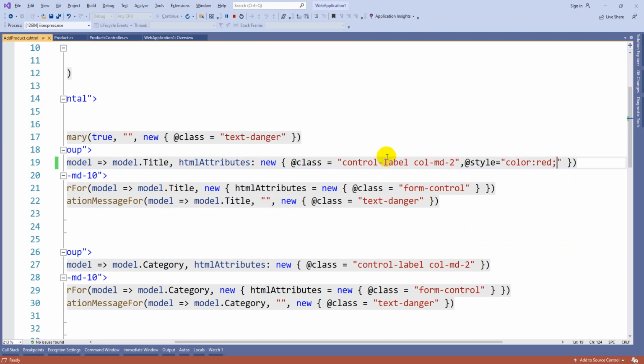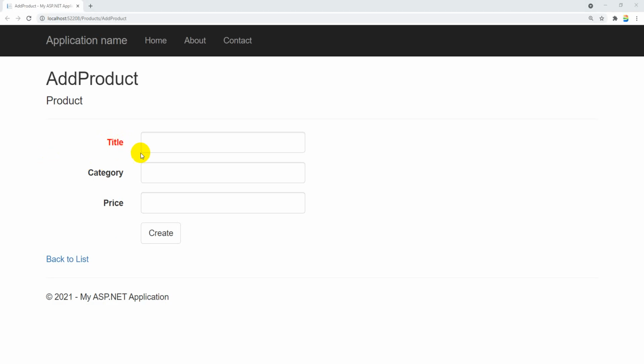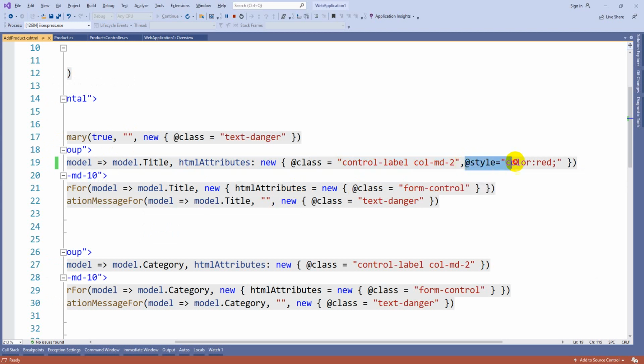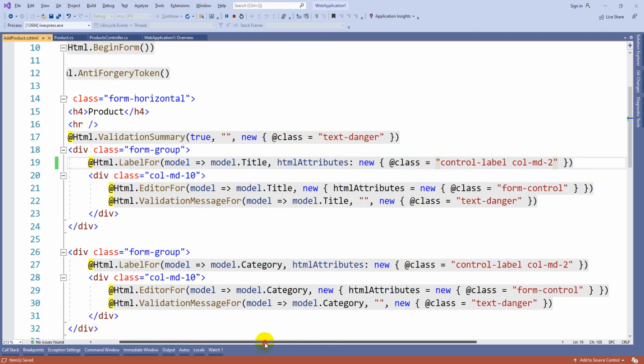You can see this. The only difference is you will have an @ symbol before the attributes we wrote in HTML or HTML5. Class is equal to, this is the CSS class. As I already mentioned, this MVC project comes with Bootstrap built in. So this is a Bootstrap class that is going to be applied, and the title is going to be displayed like this. If you want to write any specific CSS attributes, you can add them by keeping a comma separator here. I hope this is clear. This is how the label will get generated.